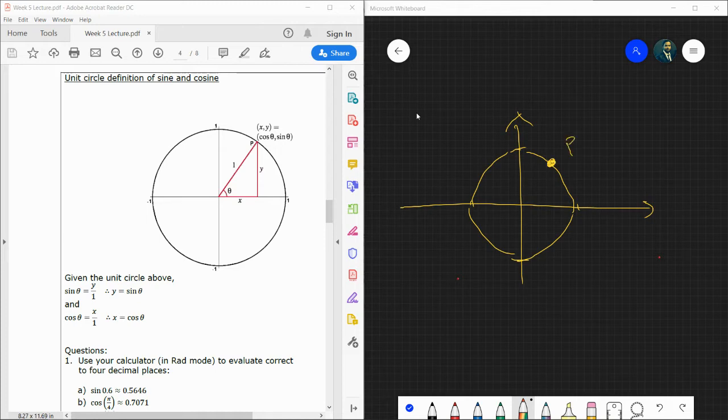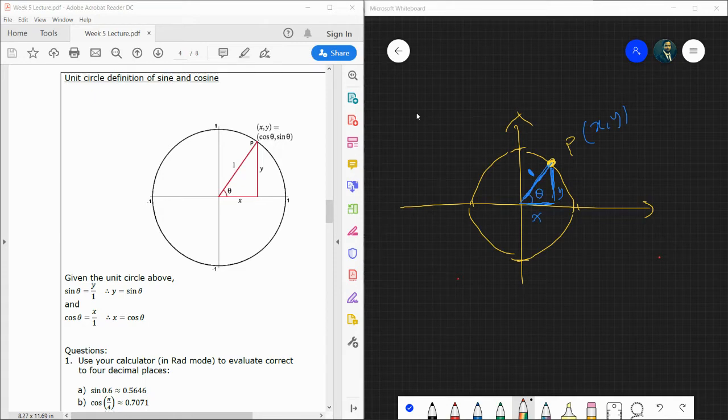Let's call that P. Now, if you go a certain distance to the x, that's your x coordinate, and then if you go a certain distance y, that's your y coordinate. So in other words, in a Cartesian coordinate plane, you will have x and y. This is your x and this is your y, and that's the location of your P. And this is, as we called it, the unit circle. The length must be 1. And if it forms a theta